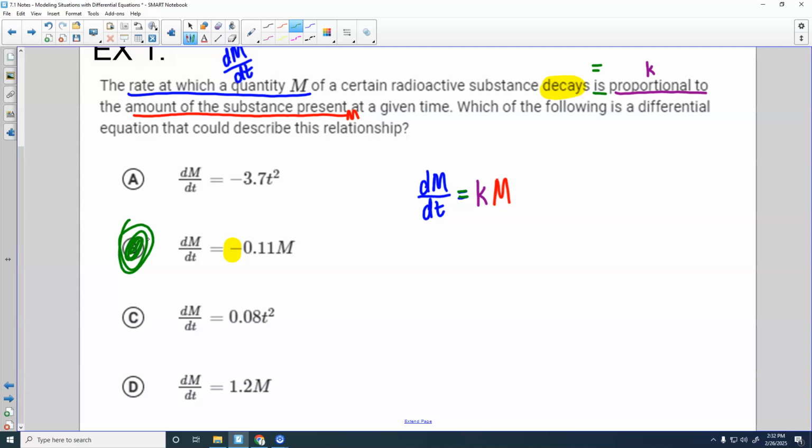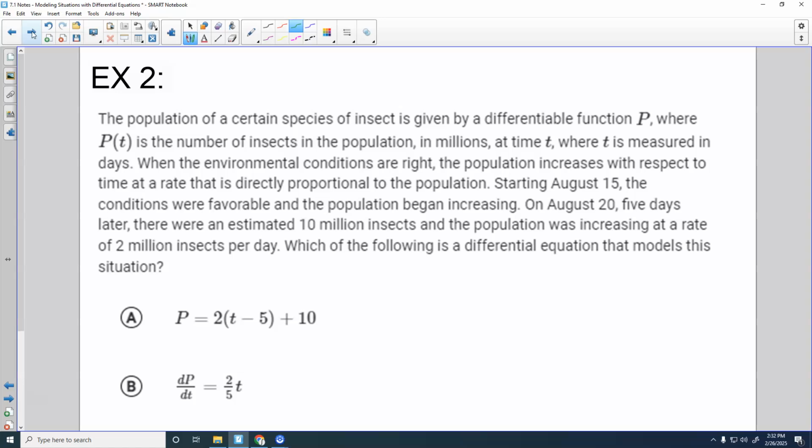Okay, we're going to learn more about what to do with that later in this unit. But right now, we're just kind of translating the situation to what the equation would look like. So here is a very long one. Okay, the population of a certain species of insect is given by a differentiable function p, where p of t